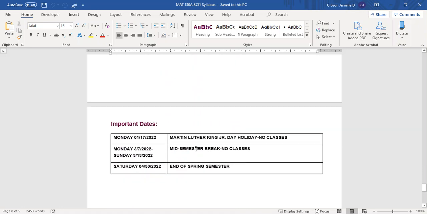Now, oh yeah, and also the important dates. For Monday, January 17th, the face-to-face class would not meet because it's the King holiday. And then the mid-semester break, or what we would call spring break, will be from March 7th to the 13th, so there'll be no classes that week. And then the end of the spring semester is actually April 30th, but again, face-to-face, your final is the 25th. Online, your final will be